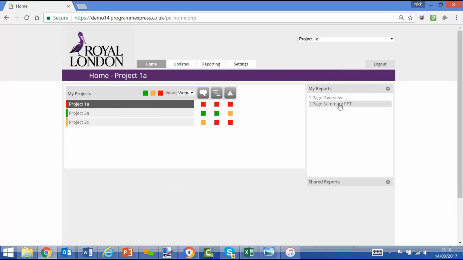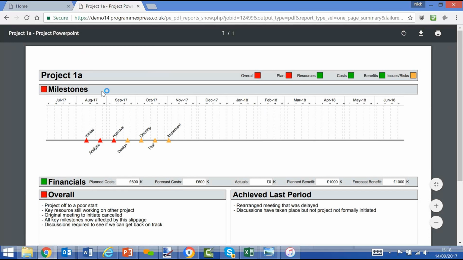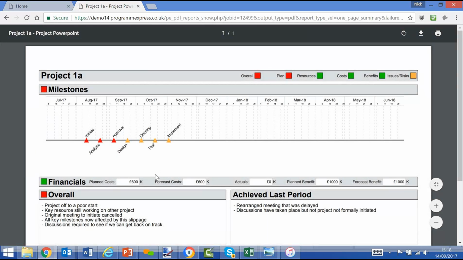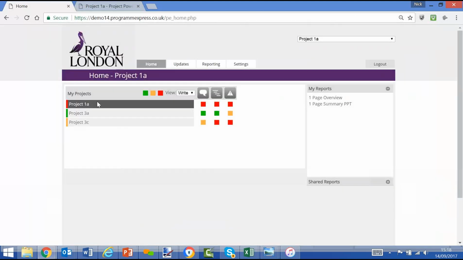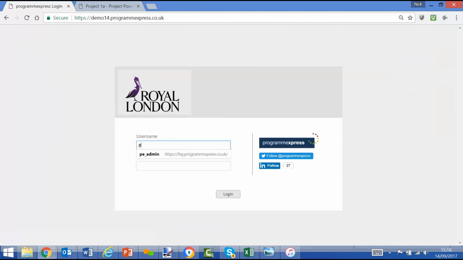Here's an example of a 1-page summary, PowerPoint compliant report, which will show their data on a report: the project, the RAG status, the timeline, financial information, and the narrative status that's been specifically configured for this one example report. So very simple UI for the user or the project manager. And then assuming they've made the updates, if we go back in as the administrator,